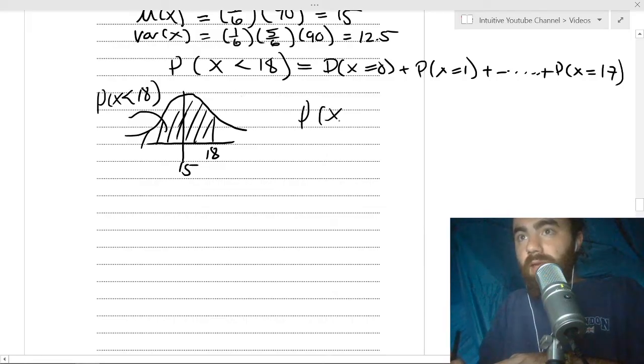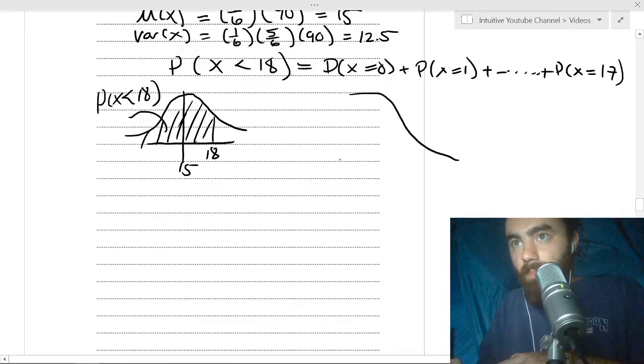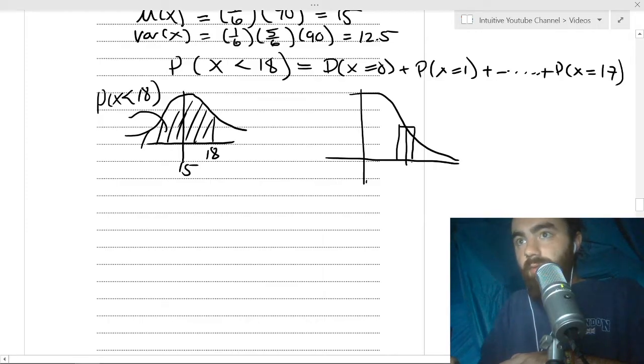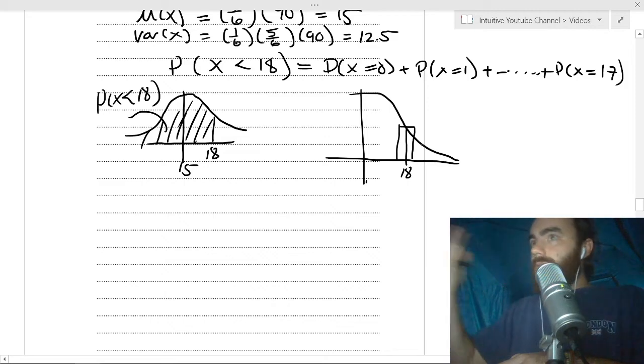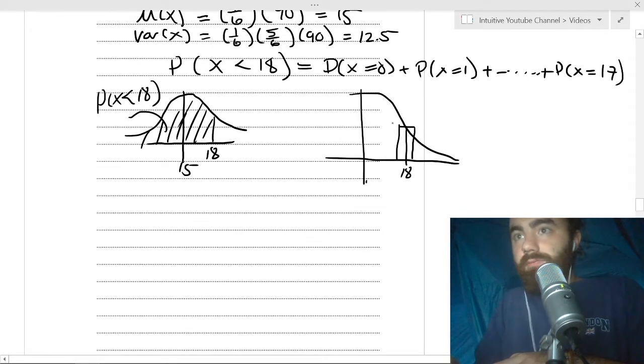So the probability that x equals 18, this is a good approximation, but let's zoom in and have a look at what's actually going on here. Say this is the 18, and remember these are bars because they're discrete values, and this would be 17 here, and the line here is our normal approximation. When we're finding this area, we're finding all of this, right? Less than